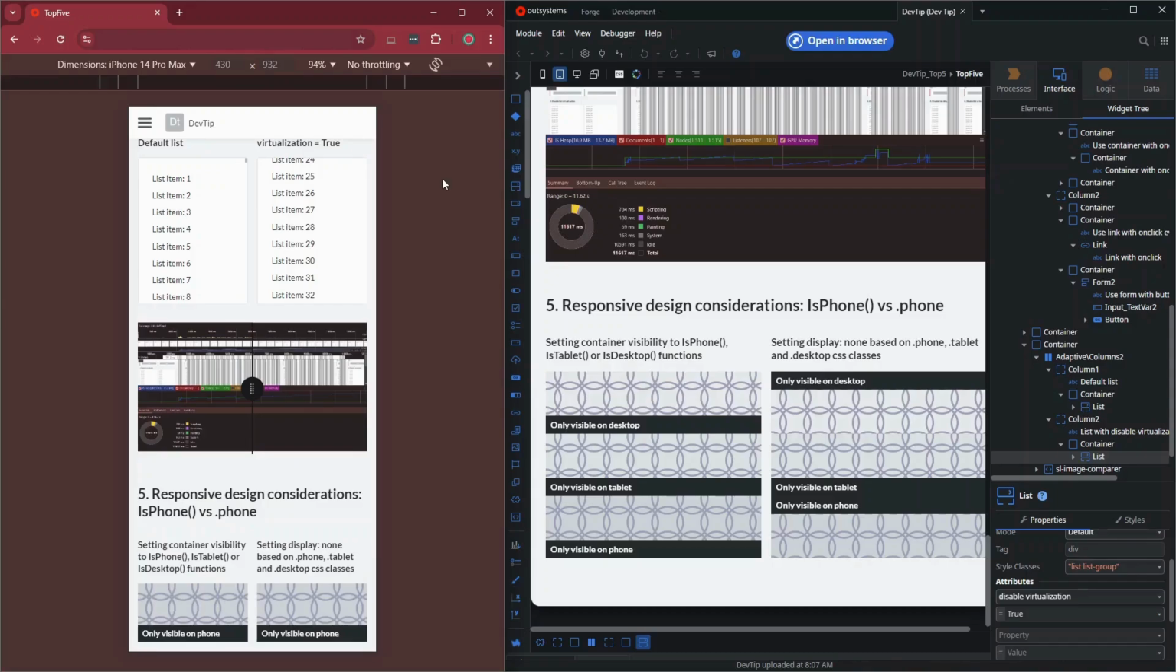In summary, while the isPhone function can be useful in certain contexts where you need to check the device type at a specific moment, the .phone CSS class is generally the better choice for achieving responsive, adaptive designs that work seamlessly across various screen sizes and orientations. That wraps up my top 5 front-end development tips for OutSystems. I hope these insights help you in your